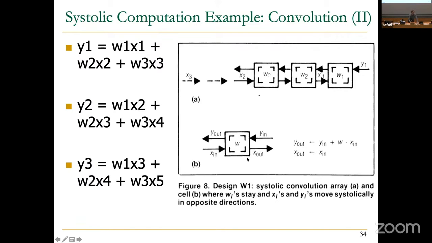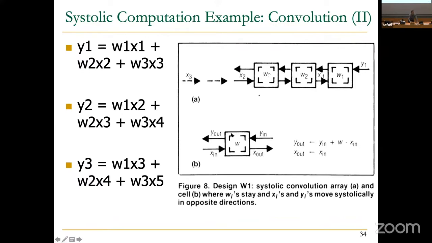Basically, every cycle it does this. Y out equals Y in, which is the input here, plus W times X in. So you basically take Y in, multiply X in with the W, which is stored over here, and Y out gets that value. Okay? So it's a specialized multiply and add, right? It's not an instruction. It's just what the hardware does. And you design the multiplier and adder and put them together. You just need to feed the inputs nicely such that the data flow enables you to get the outputs right.